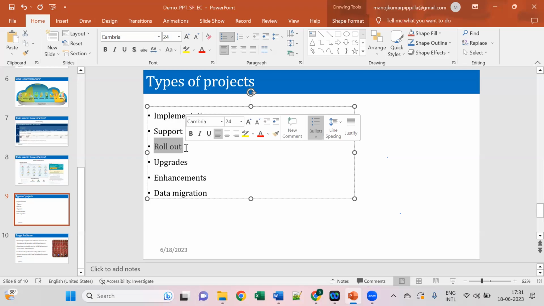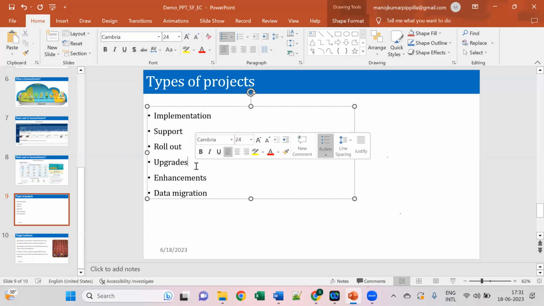Apart from that, any application will have upgrades. Even on a mobile, we see many upgrades coming, saying please do the upgrade, these are the functionalities we are going to improve. Likewise, upgrades come for any application, and Success Factors is also an application.